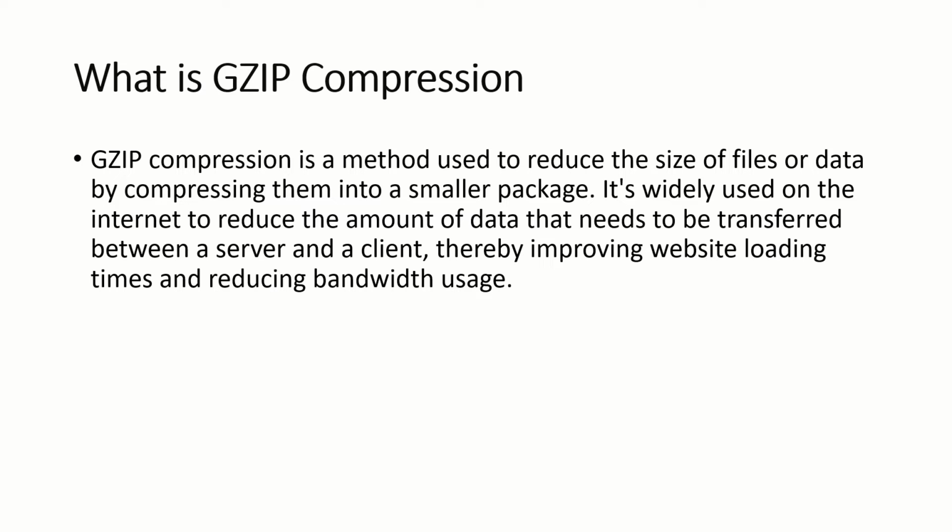Gzip compression is a method used to reduce the size of files or data by compressing them into smaller packages. It is a kind of practice, or you can say a method, to reduce the size of the files or the data by compressing them into smaller packages. It is widely used on the internet to reduce the amount of data that needs to be transferred between the server and the client,